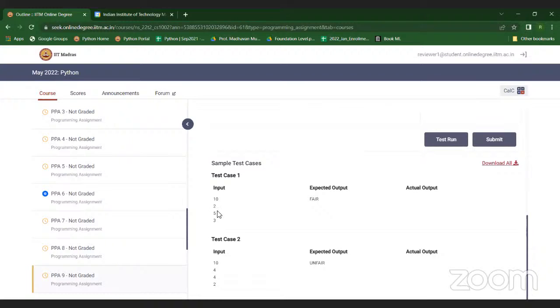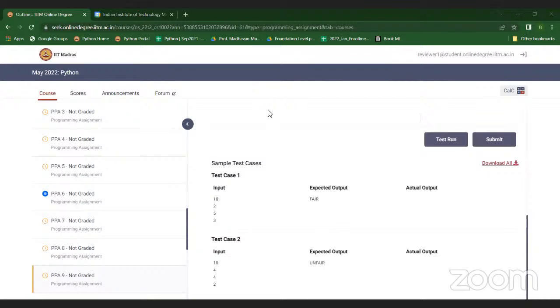You can just look at this test case and then you can understand it. 2 coins, 5 coins, 3 coins. 2 plus 5 plus 3 is 10. That's why it is equal to fair. If it had been percentage, then it is nowhere near. It is just 10%, right? Only 10% is given, so it would have been unfair.